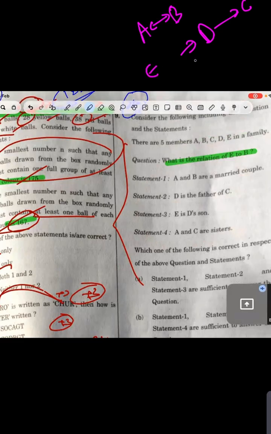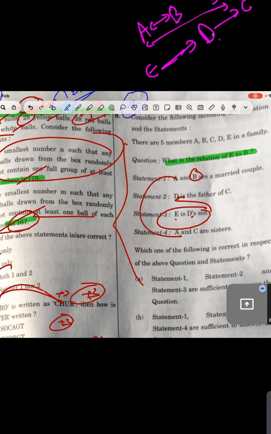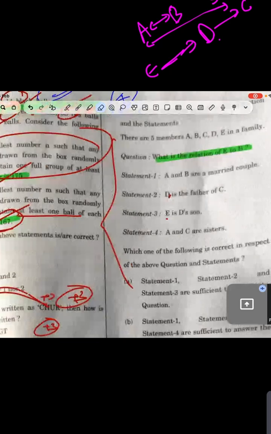So let's analyze. See, guys, if you make the diagram, it will take time, but I will tell you a smart approach. Here is B. E is here, so E's relationship is D. So D is here. Now D's relationship is okay. D is there, but A's relationship is here. So basically B needs all the statements. You guys have not understood now. Let me see, I would have solved like that, but I will show you by solving.